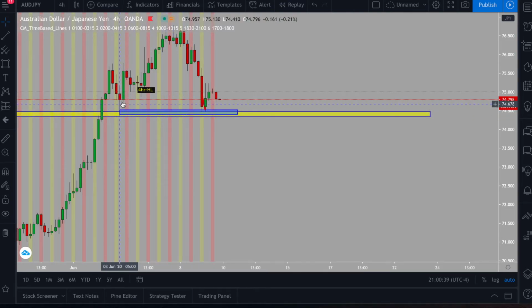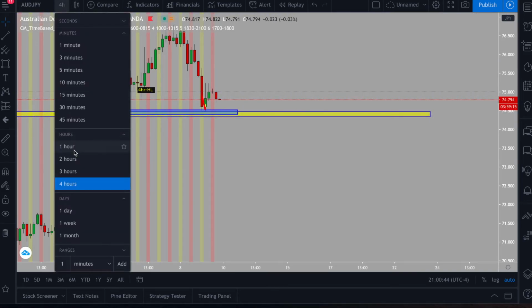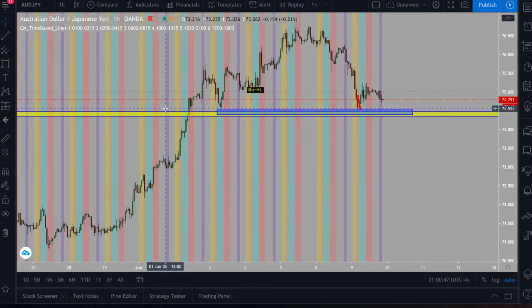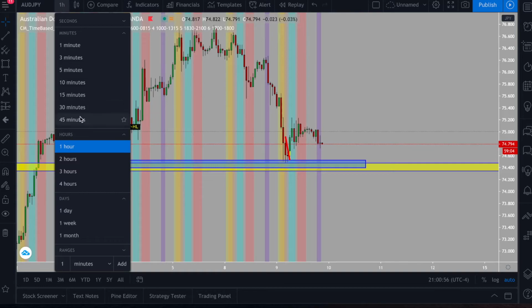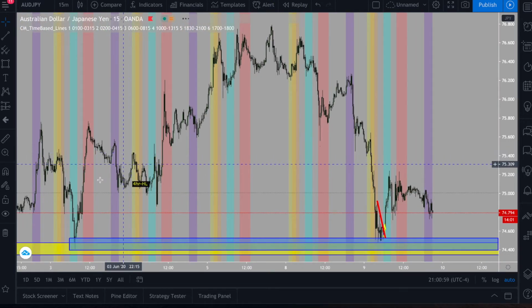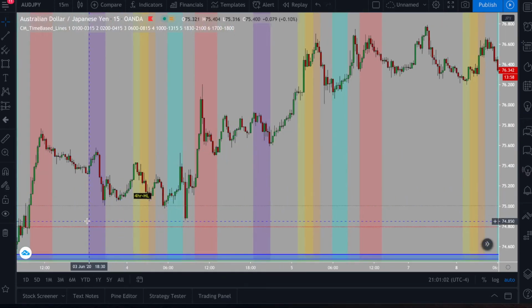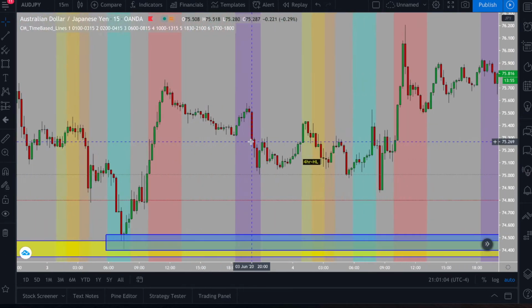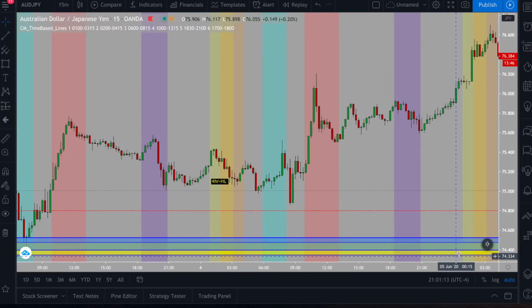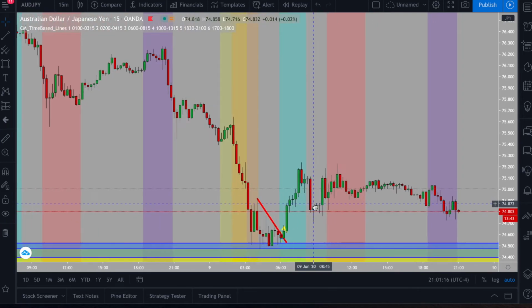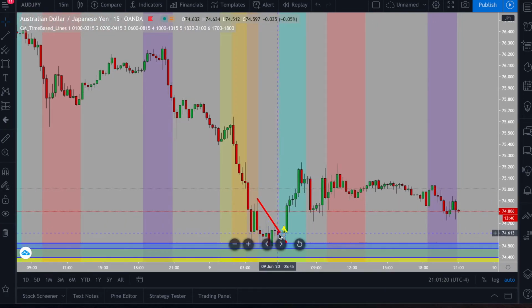So what I did was I drew my 4 hour zone from here to here to this wick. However, I needed to zoom in to finesse this area to get as close as possible. I had put it from here to here, but I said, let me go one more step down. So I went to a 15-minute chart to refine my zones. So right there, from the candle body close down to the wick of this candle. Then I waited till price came down to a 1 minute area. I started looking